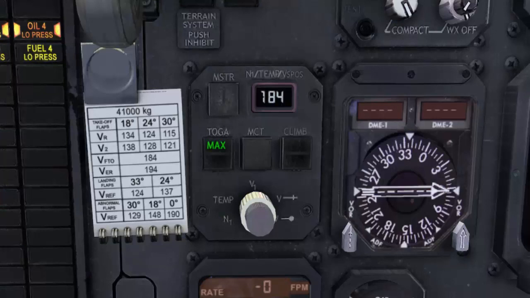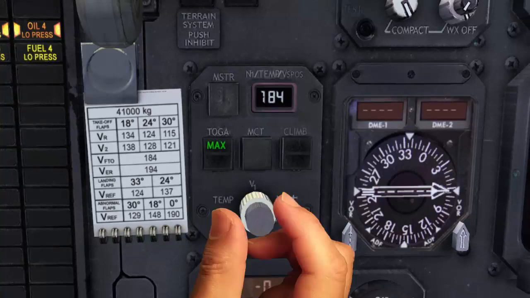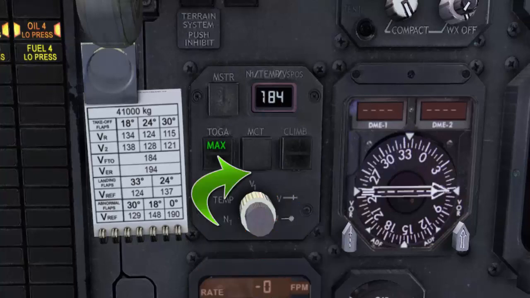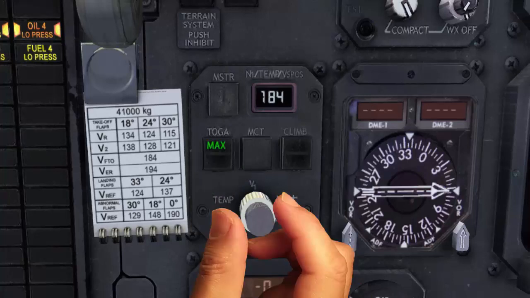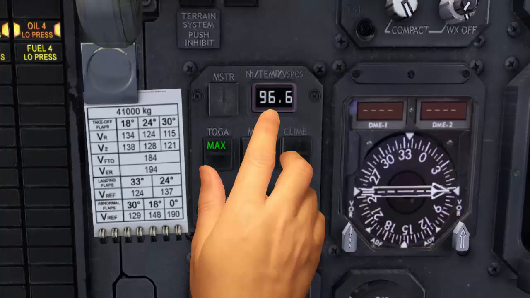Now let's have a quick look at our V speeds and N1 parameters to confirm that all is set correctly. With the outer rotary selector, I'll start from the left all the way to the last selection, which is V dot. Now I start with selecting N1, 96.6, takeoff N1 limit.